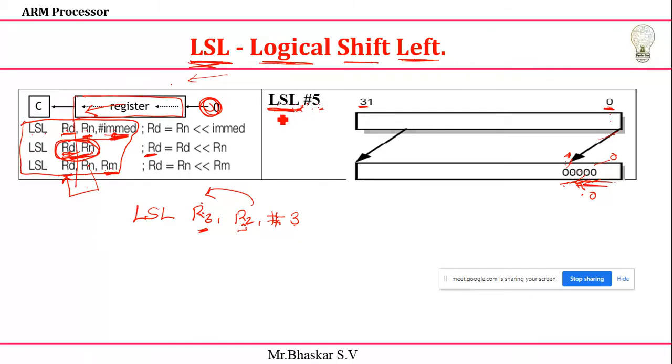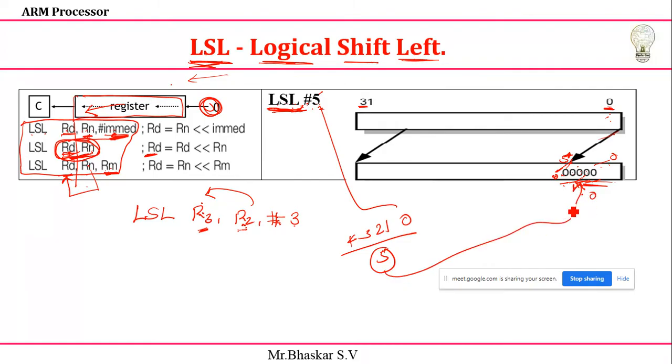Okay, in this case, I take an LSL of hash 5. It is nothing but the 0th bit information will come to the 4th bit because 0, 1, 2, 3, 4. Sorry, not the 4th bit, it will come to the 5th bit. So this will come to here because 0 to 4 we mention a 5. So 0, 1, 2, 3, 4, totally it will get 5 bits. These 5 bits you need to fill with zeros. 0 bit to 4 bits are filled by zeros. The 5th bit of the destination register will get the 0th value.